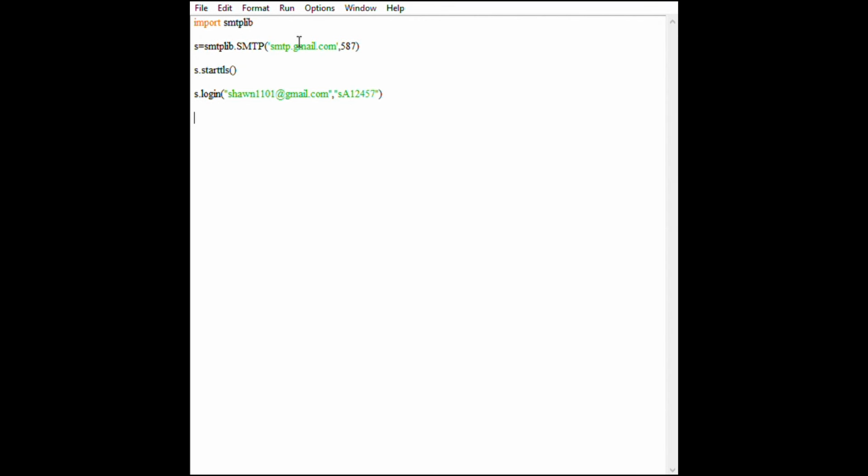Basically, errors are raised not because there is an error in the code, but because the provider you are trying to access through the SMTP library does not allow SMTP, as it considers it a less secure app. So make sure you have turned on the less secure app setting within the settings of your email provider, and then we are good to go.